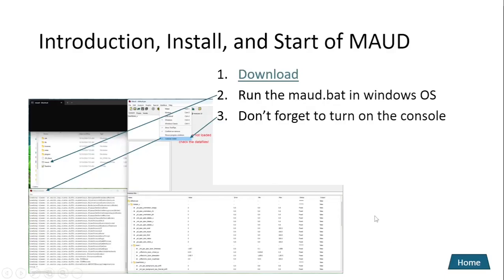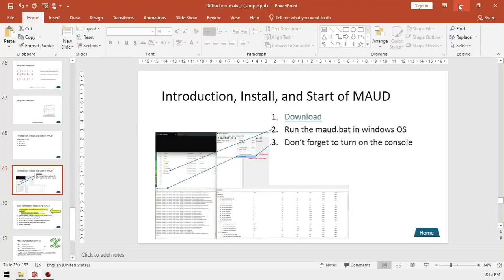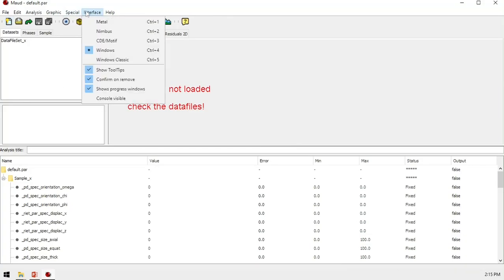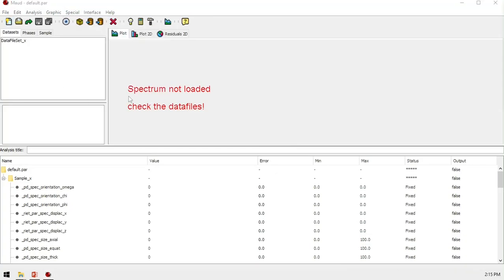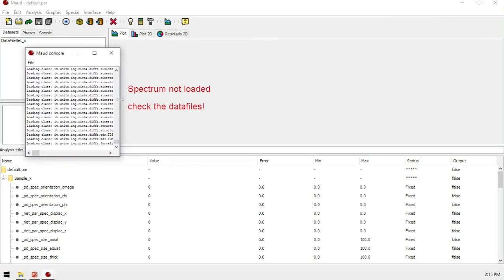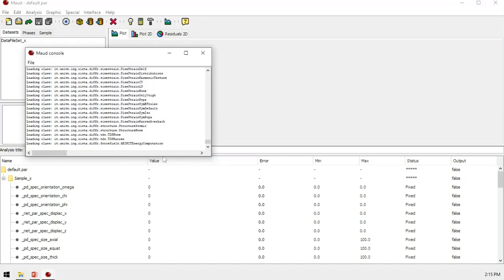Okay, we are going back. And I just remembered that I want to show in Maud that it's good to activate the console, which is important. The errors, sometimes you can see them from this small console window.